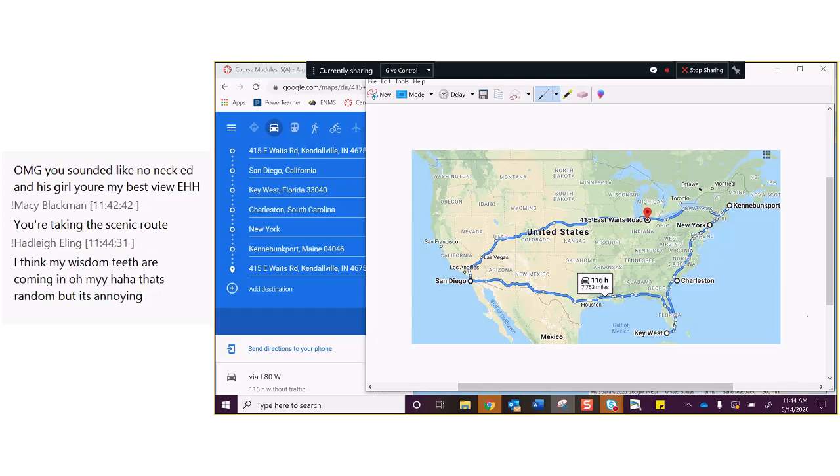Okay, so anyway, this needs to be snipped and put in your presentation. You are welcome to put it anywhere you want. Some students use it on their title slide. Other students put it at the end as their conclusion. You know, this is the route I took. But this has to be done. And so now I've shown you how to do that over here with Google Maps.